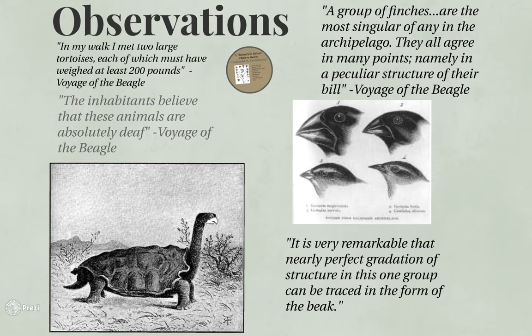Darwin also happens to notice a family of finches. He writes, "A group of finches are the most singular of any in the archipelago. They all agree in many points, namely in a peculiar structure of their bill." Darwin immediately picks up on the strange nature of the birds' beaks, but is not able to give an explanation